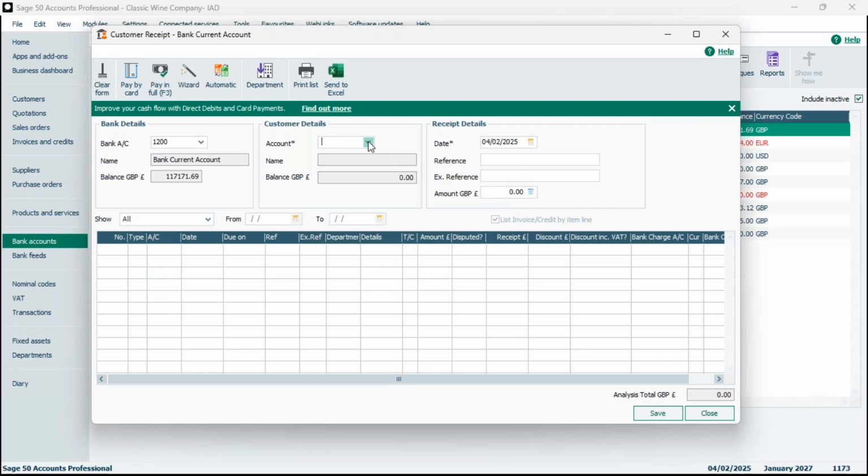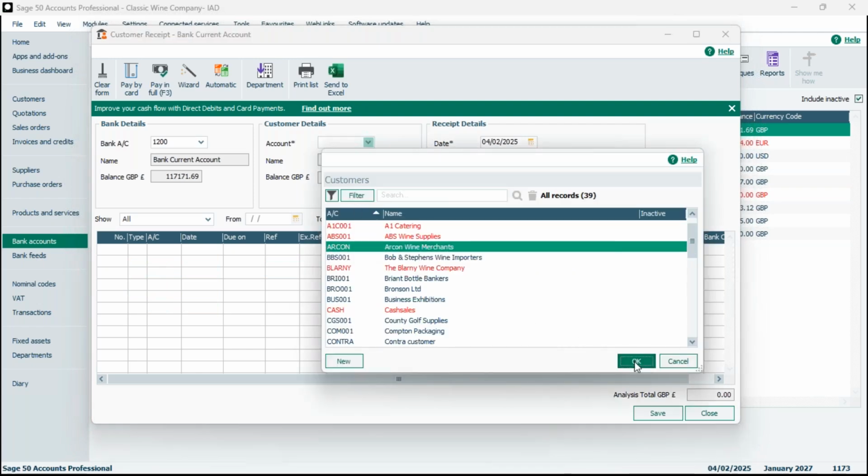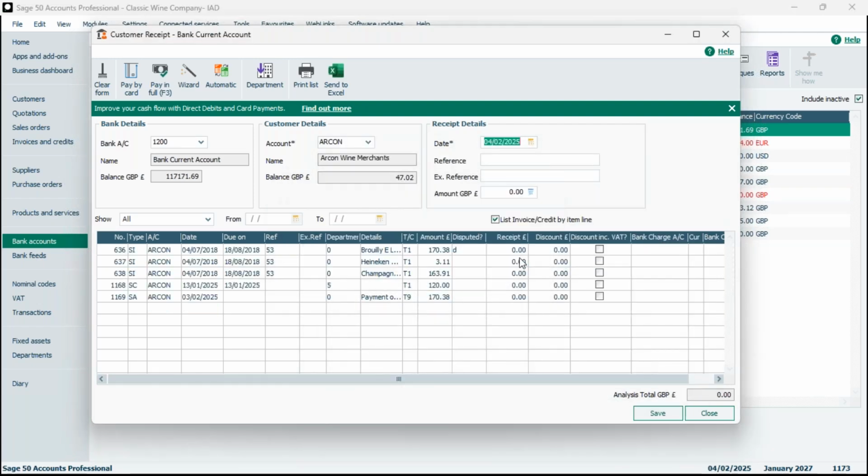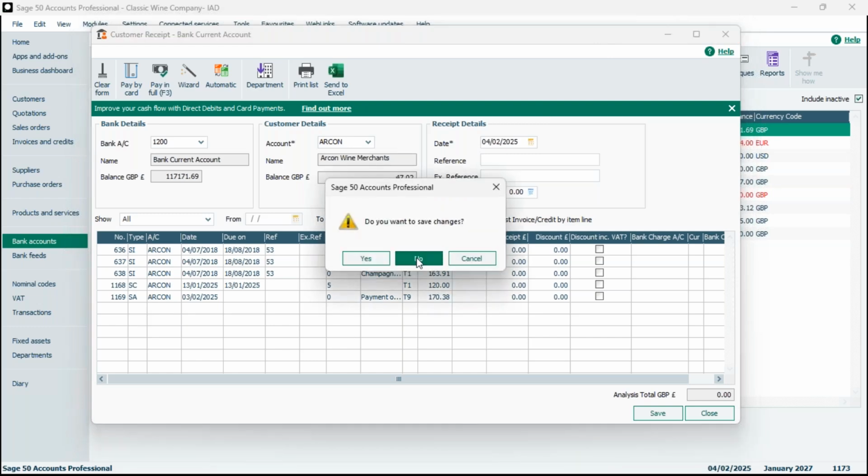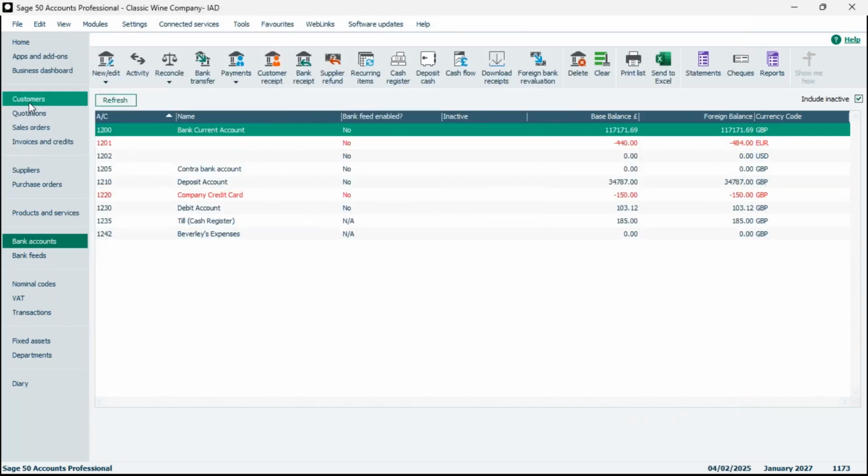When we go back into our customer once again, you can see now we only have that £3.11 left outstanding, and our second payment on account has disappeared because that's now allocated off. We can check this on the other side, okay? So how we can do that, we can go into the record. So rather from the bank, we can go into that customer record,